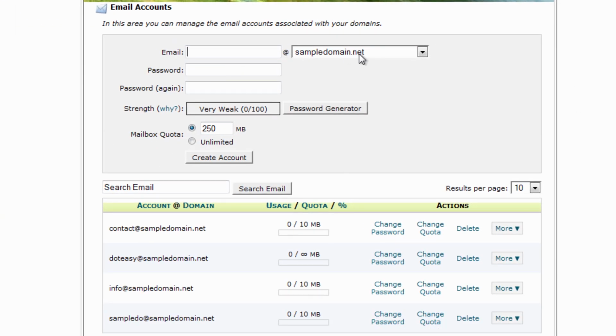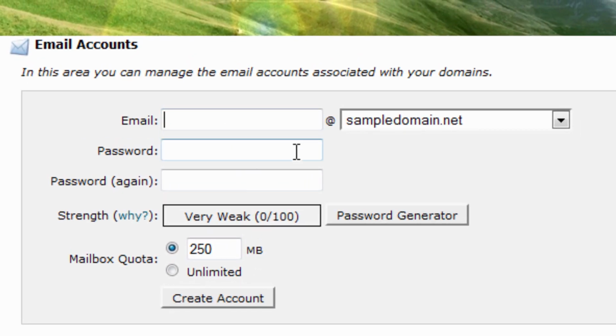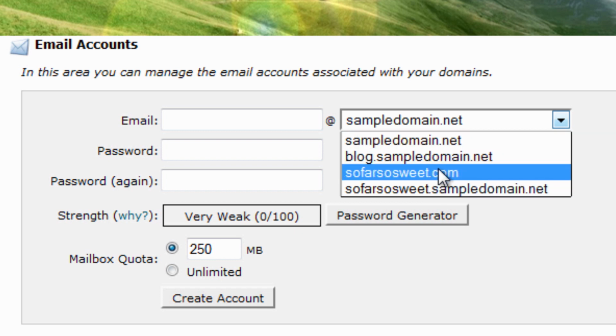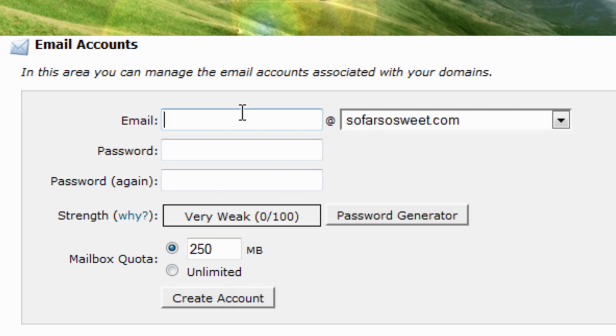What you'll notice here now is we've got a bunch of sampledomain.net email accounts on the account. Anytime you create an email account, at the top where it says email account and password, you'll now see there's a drop-down box and you can see all the different domains you've set up. So you can now create one for SoFarSoSweet.com. In this case, we'll just set up an easy, quick one